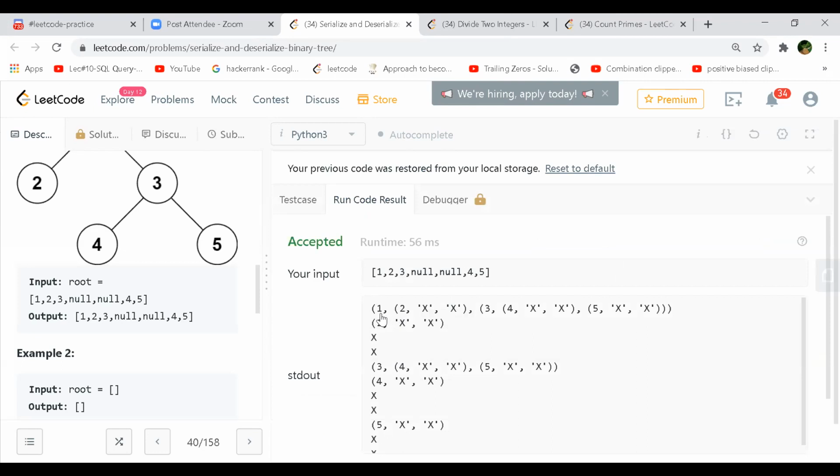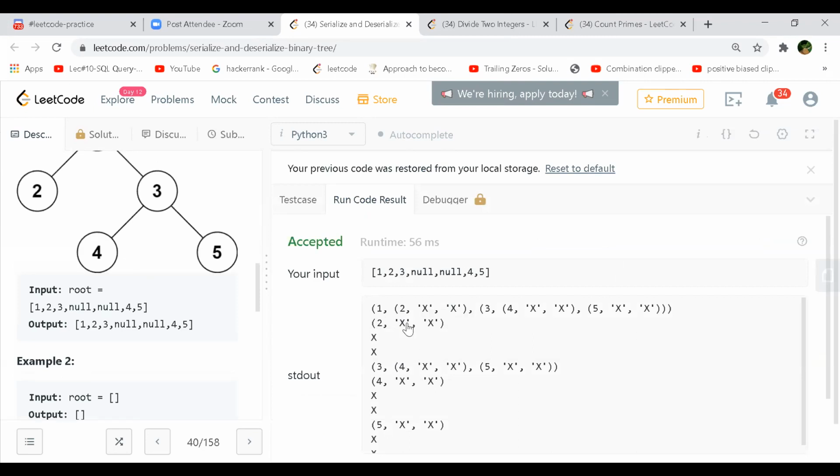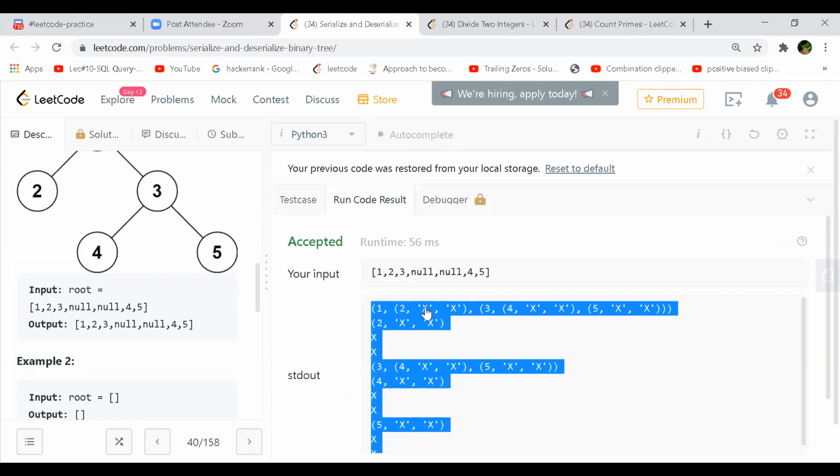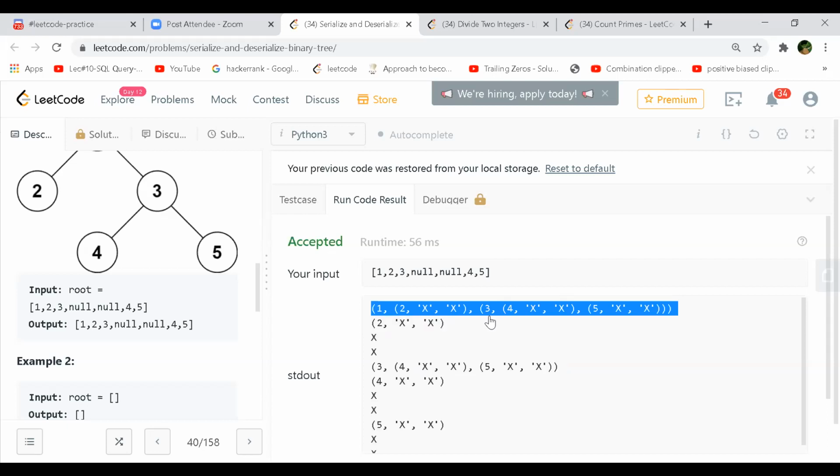So 1 is the root, and its left child is 2, and their left and right are null, X and X. Then 3 is the right child of it, and 3 has 2 children, left and right. The left will contain 4, which has both as null, and 5 will have both left and right child as null, followed by 2.